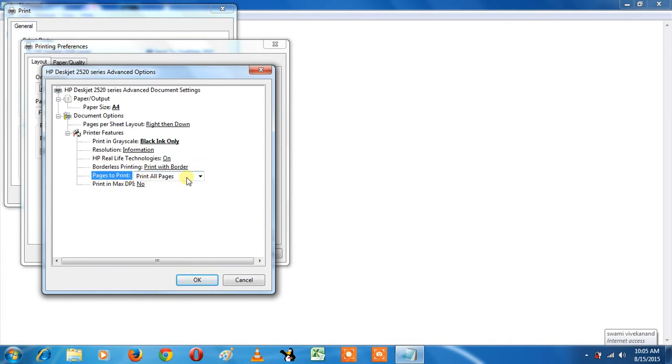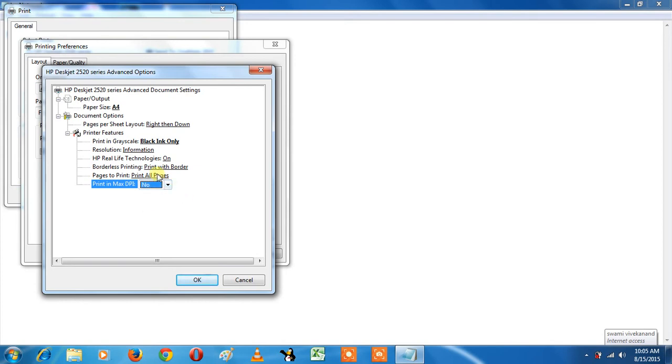Print all pages. Okay friend, here you have an option to print your pages in odd form or even form. What is odd? I will show you what the odd option is. Print in maximum dpi. Here you have a selection option, print in maximum dpi. So what is the highest range of your printer's dpi? It will select automatically whenever you select the yes option.